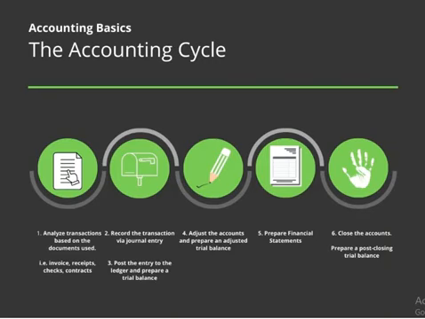What we start off with, number one, is we analyze the transactions based on the documents used. And so, what I understand from this is that we have things that happen normally within a business, usually going along with some key documents. These key documents in accounting are invoices, receipts, checks, contracts, whatever it takes to exchange one thing for another. So, for example, an invoice is something that we use when we're recording a sale